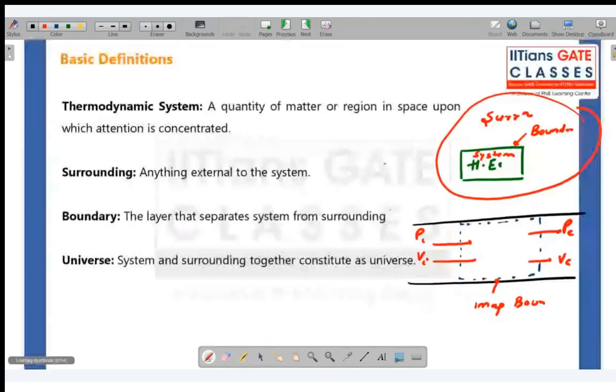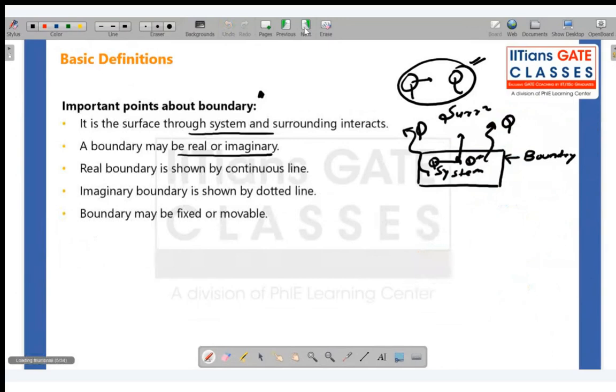Anyway, as I told you earlier, boundary can be real or imaginary. I have shown you an example as well. This is a real boundary, and this is the imaginary boundary. Now, next thing is real boundary is shown by a continuous line, and imaginary boundary is shown by